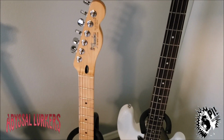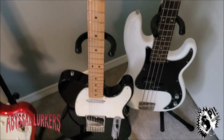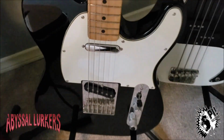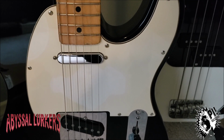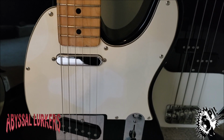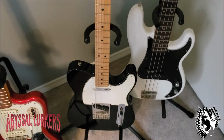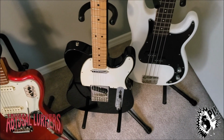It's got to be an early 90s Mexican Telecaster. This is the guitar that I used to teach myself to play the guitar. And in fact, if you look real closely, you can see there's some discoloration where I used to have punk and ska band stickers on it, which is, I don't know if that's cool or really embarrassing, but I'll let you guys decide. It doesn't have the tremolo arm, which is a bummer because it's a Telecaster, but sometimes